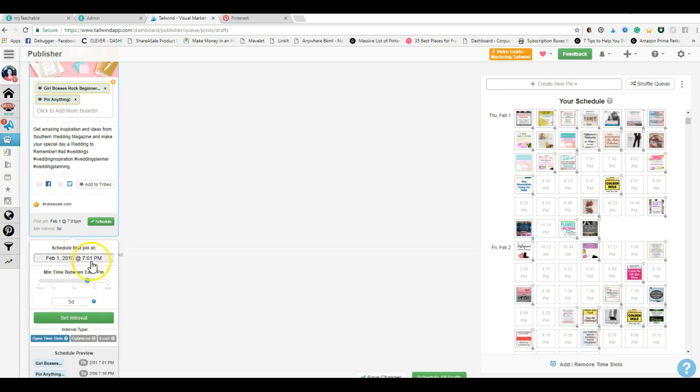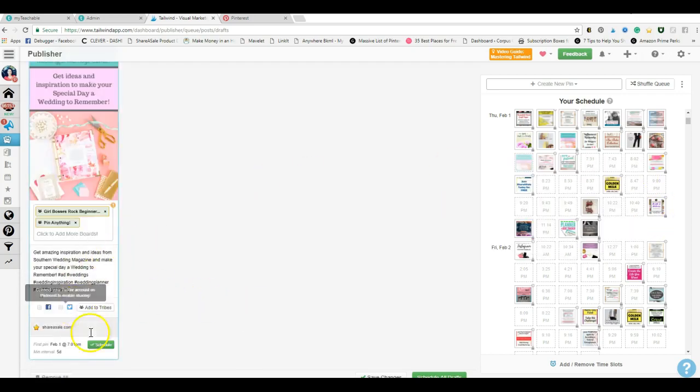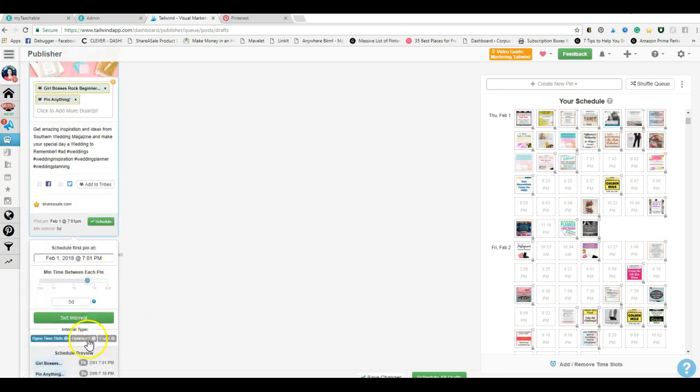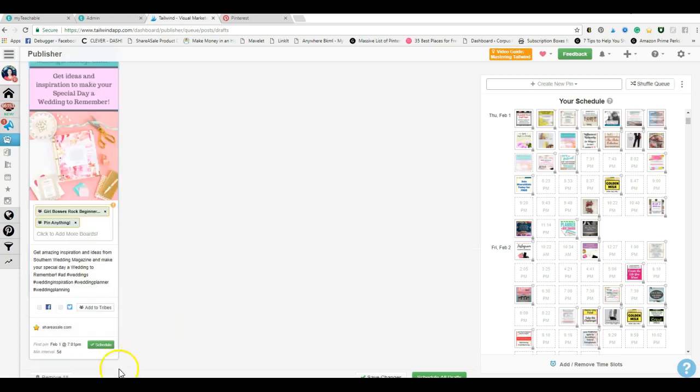duration here, what time you want it to start. I just leave it at what it shows on here already. You can also have it optimize it or an exact time. Just leave it at open time slots and it'll fill it in the next time slot. This one will start at 7:01 tomorrow, and then 5 days from that it'll pin it again. So once you've picked out the duration between pins, hit set interval and schedule, and then it'll pop it